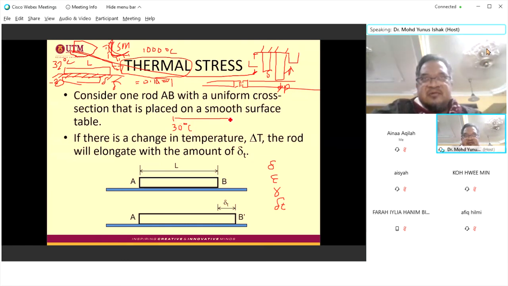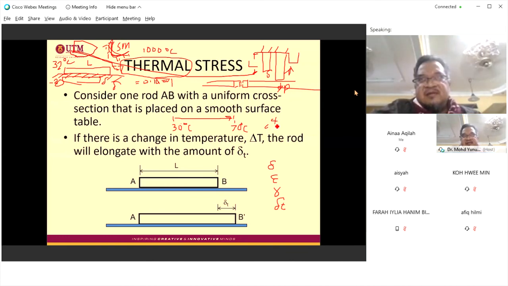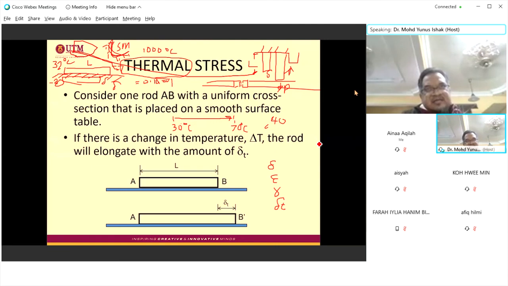So increase to 70. Okay, so the delta T is 50. Oh, sorry, 40. Okay, so the delta T is 40. Alright, so this is the current temperature. If you go to negative 20,